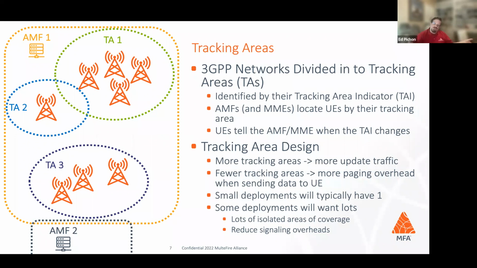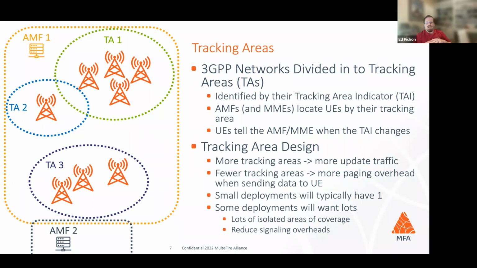Conversely, if you have really big tracking areas, your amount of update traffic of phones notifying that they've changed tracking areas goes down, but you consume more resources when you're trying to connect to that device. And this is something that's normally handled as part of normal network design on the part of the carriers and the major network operators. For smaller private networks, like things you can do with MulteFire or Uni5G, you'll probably want